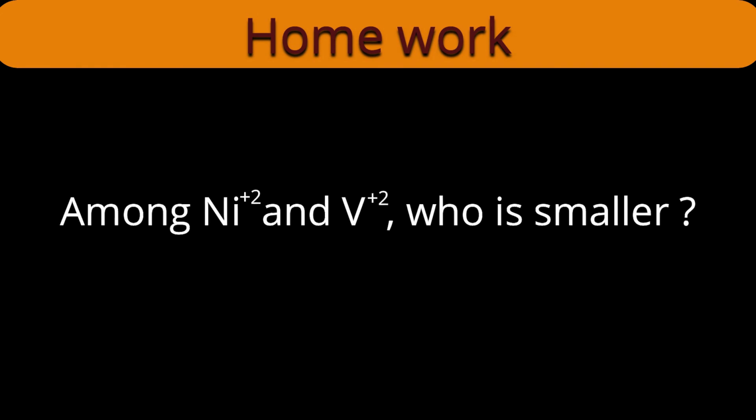As a homework question for you, it is a test of your understanding. Two cations I am considering, Ni plus 2 and vanadium plus 2. Both are smallest in their half. My question is, among these two, Ni plus 2 and vanadium plus 2, which is smaller in size? And here apply the logic also. Understand the reason behind that. As we move from left to right, atomic size decreases because nuclear charge increases, atomic number increases, number of protons increases. Give the right answer in the comment box, whether Ni plus 2 or V plus 2.